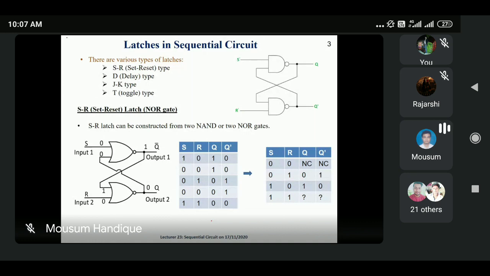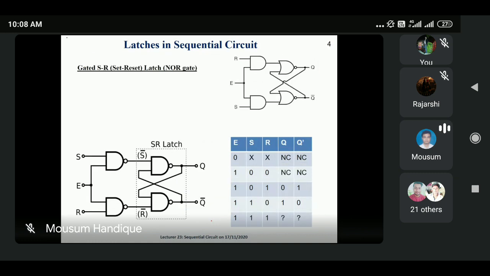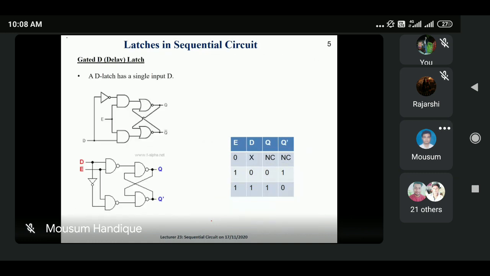After that, we discussed different types of latches: SR latch, D latch, JK latch, and T latch. More or less, we are using the same configuration, the same circuit. This part I have already discussed, so I am not going to discuss all those things again. Directly, I am starting